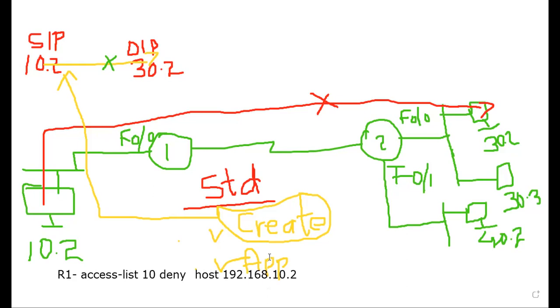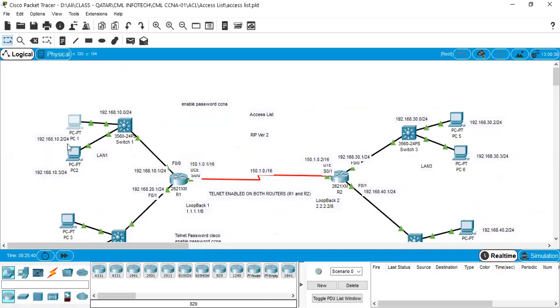Now the second statement says apply. Where do I need to apply? It's the question. Let's say I'm going to apply under F00. So this is my statement 192.168.10.2. I created an access list under R1 and I'm going to apply under F00. What will happen?